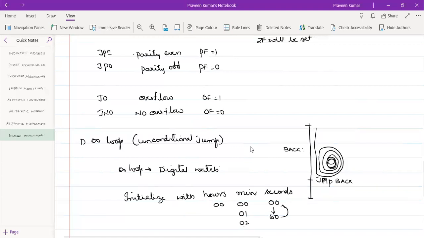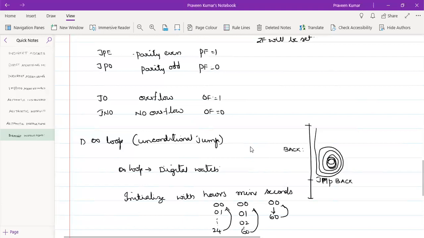After 60 minutes what will it be doing? It will be going back to 01. So after 24 hours it will again come back to 00. The next day will also have 24 hours. Surely it will have 24 hours.